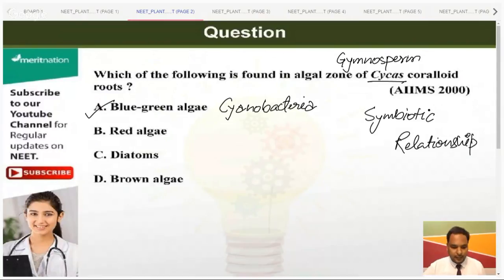Great. So I think this is a pretty easy question. Why did I introduce this? Because it's a common question that is usually asked in examinations. So you should remember where you find coralloid roots, and that they look like corals. You know about corals, which are studied in animals. The roots look like corals, and from there the name coralloid roots has been derived. Okay, now let's move further.